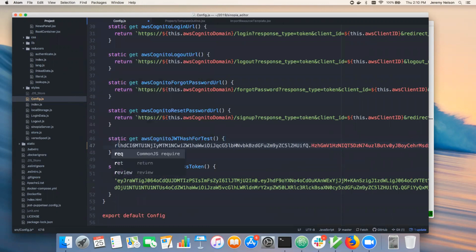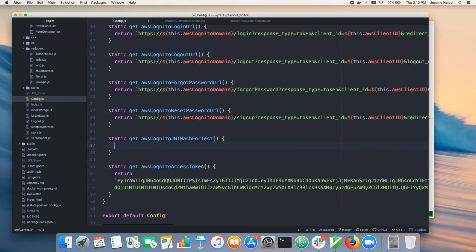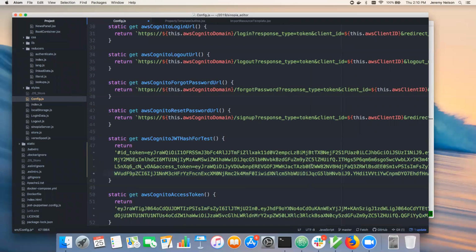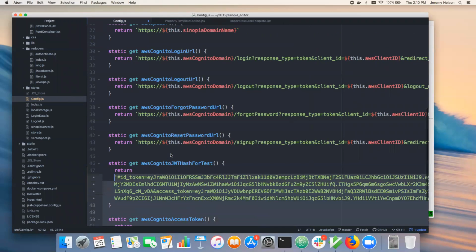Let's see, I didn't delete it all. Come on, there we go. So I'm going to return, and that's the two tokens for that, and then I need to do the same thing for the AWS access token here. I thought it was the